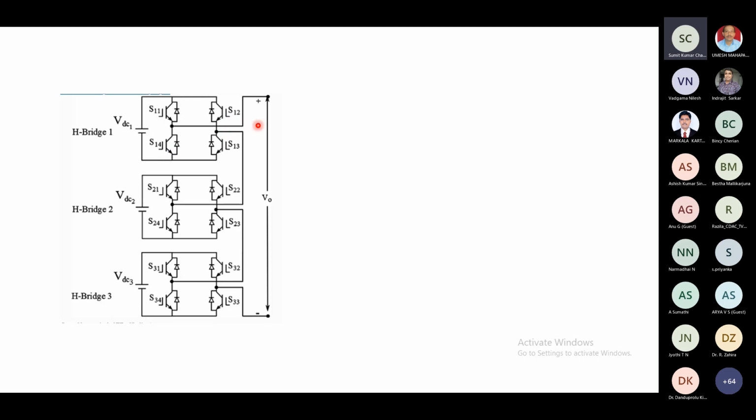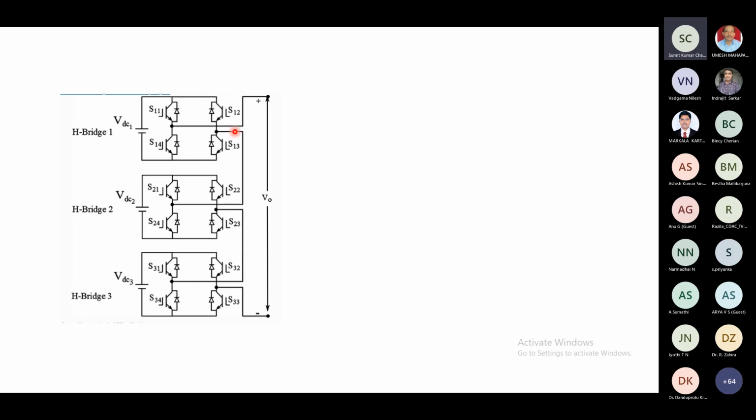There is one more point. How can we get zero voltage or bypass this cascaded H-bridge? Suppose we understand that we can get plus VDC1 or minus VDC1 by connecting either the S11, S13 or the S14, S12 combination. But then how can we get zero voltage? Suppose we need to connect only two bridges in series and one bridge we do not want to keep in operation. It's a very important stepping stone concept. How can we have zero voltage?